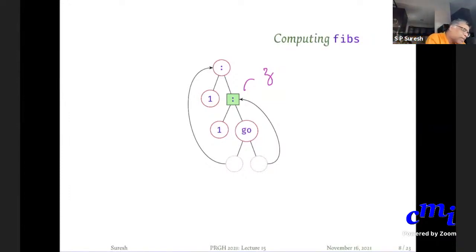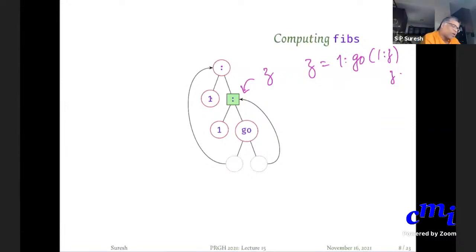Okay, so this is Z. And recall that Z is nothing but 1 followed by go of 1 colon Z and Z. That is what is being depicted here. Z is nothing but the colon operator being applied on 1 and something. 1 and what is it?